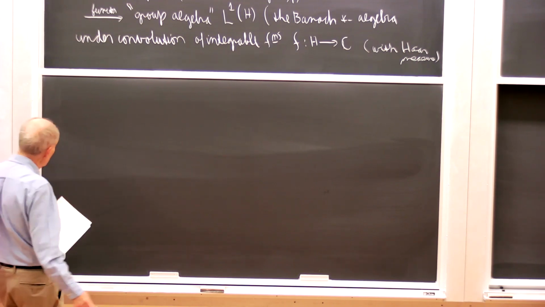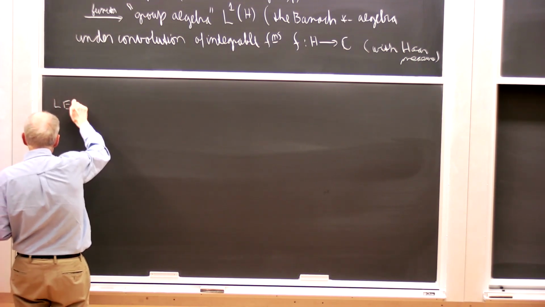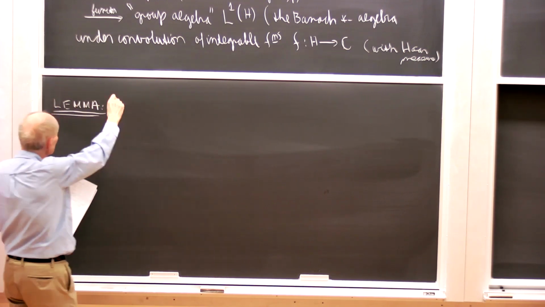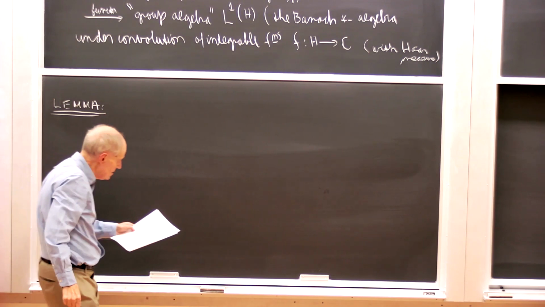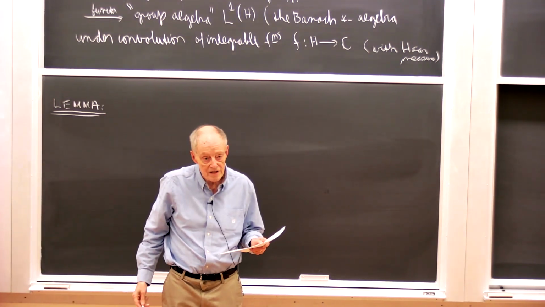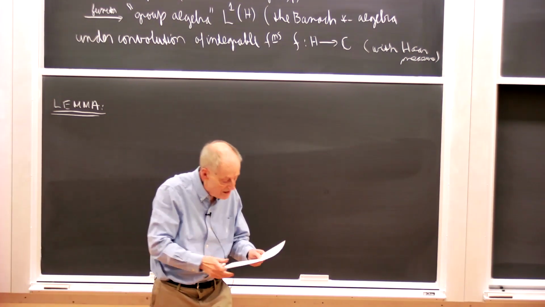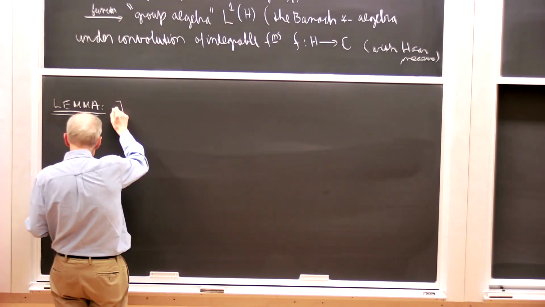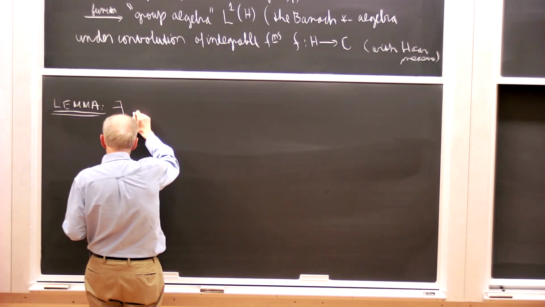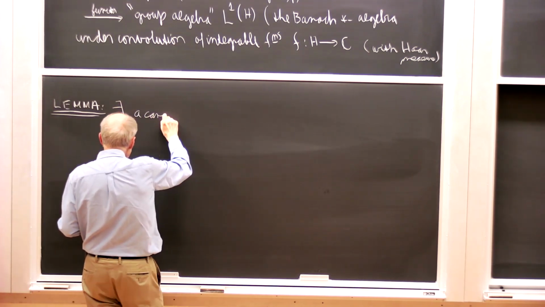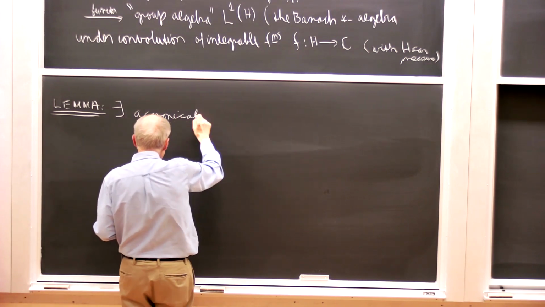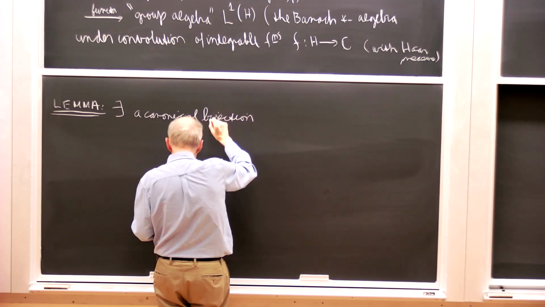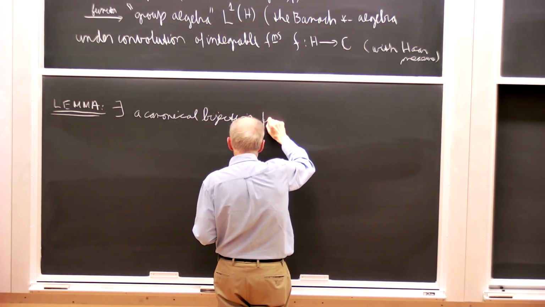And then there's a very simple lemma in this general situation. What we were asking for before is very closely related to this lemma, but it's not true in the setting that we had posed it before. And the assertion is that there exists a canonical bijection from